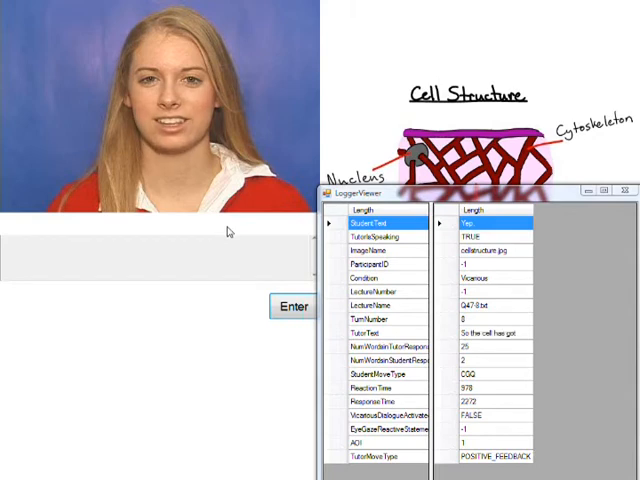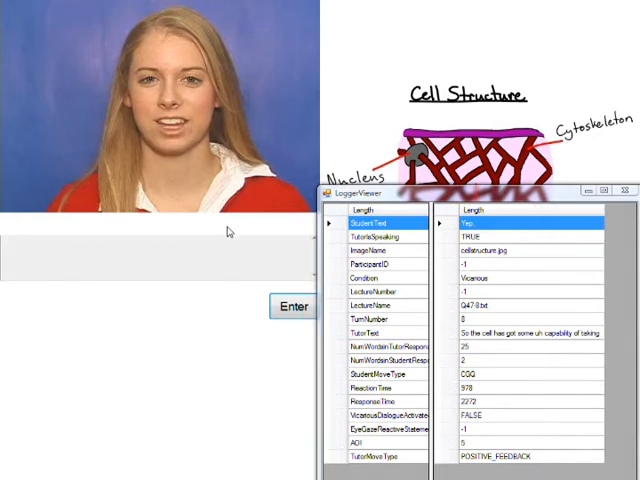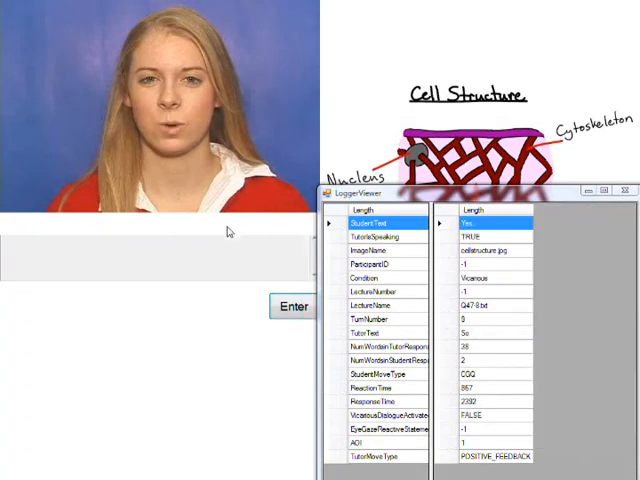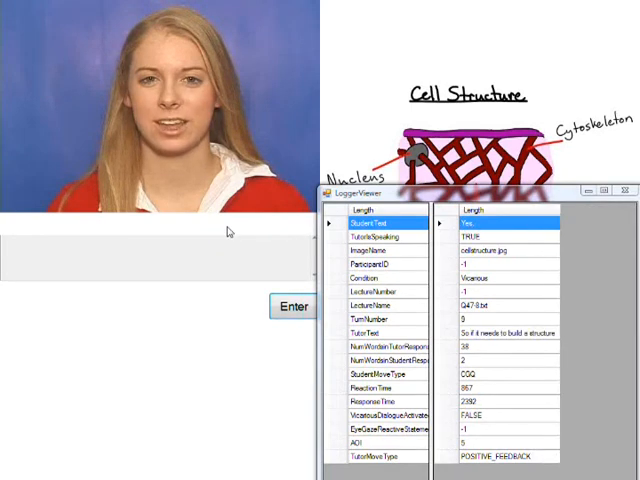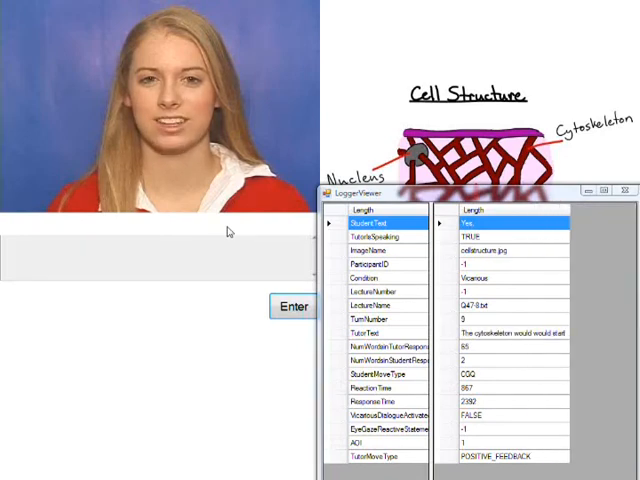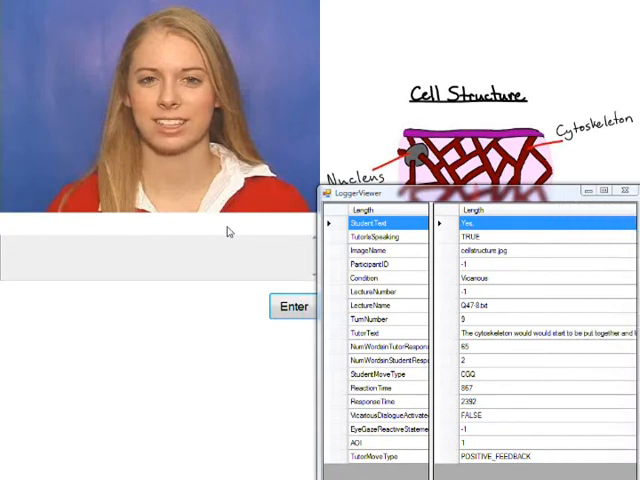So, the cell has some capability of taking these little cytoskeleton structures and putting them together or taking them apart, okay? So, if it needs to build a structure to lengthen one part of the cell and push one part of the cell out a little more, that's how the amoeba would walk. The cytoskeleton would start to be put together, and literally the side of the cell would be moved